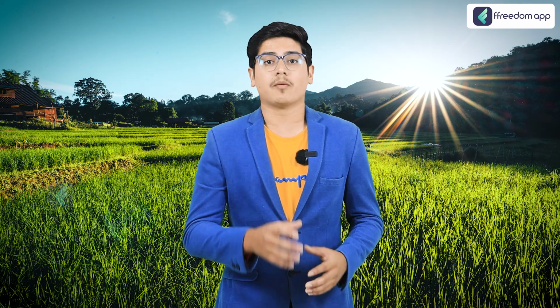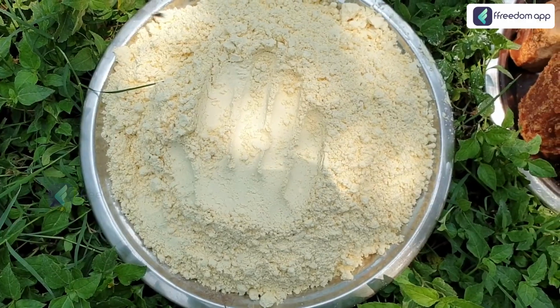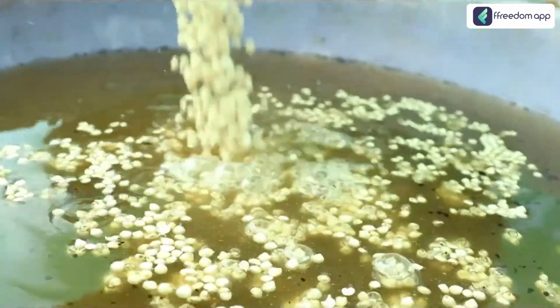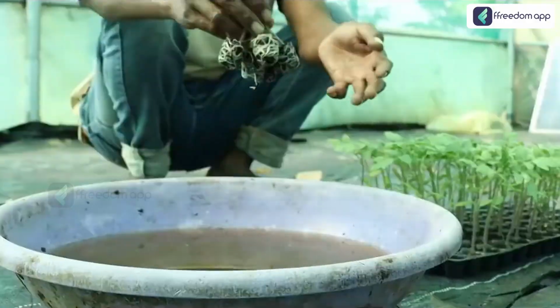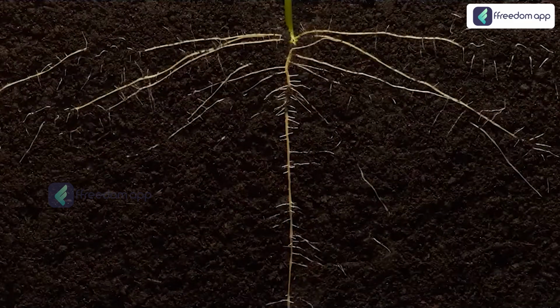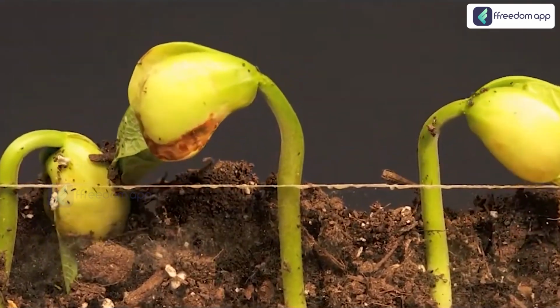ZBNF is Jeevamrit, a potent mix of cow dung, urine, jaggery, pulse flour and water, which acts as a biofertilizer, enriching the soil with beneficial microorganisms. Another key component is Bijamrit, a seed treatment that protects your crops from pests and diseases right from the start. By embracing ZBNF, farmers can reduce their production costs significantly and enhance the quality of their produce, making it both